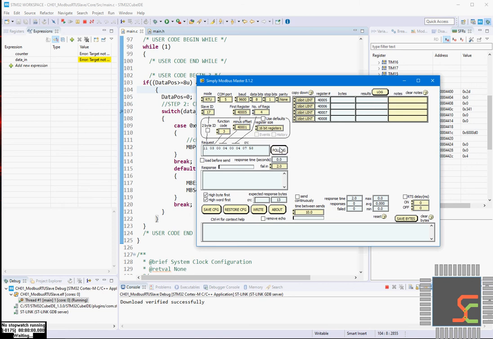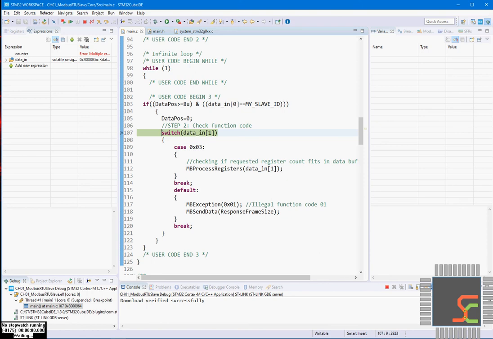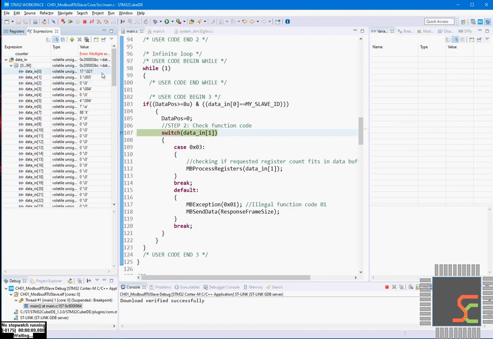Now I will click send. As soon as I clicked send, since we inserted a breakpoint here, the program came here and halted. Now we will verify our data in the variable.